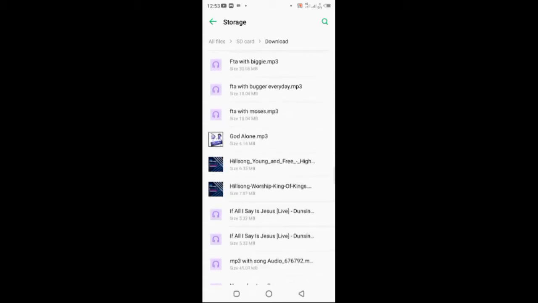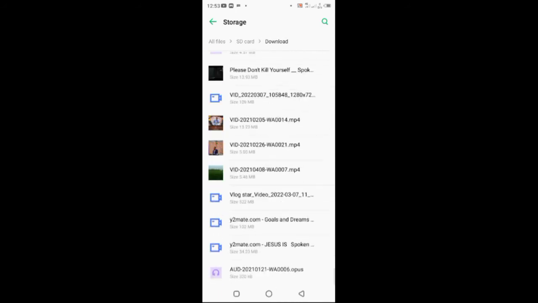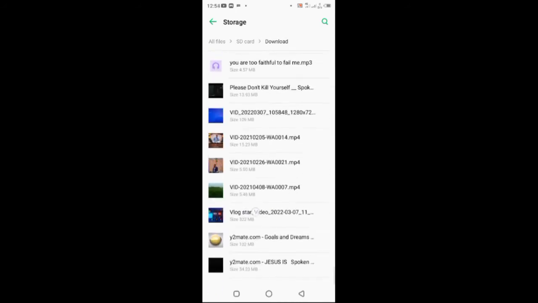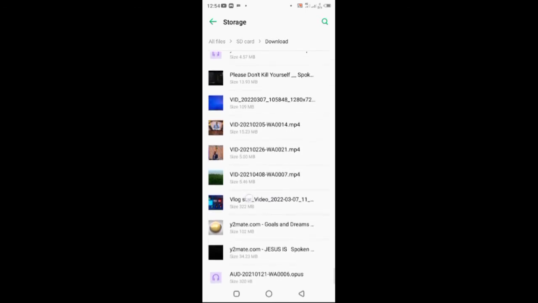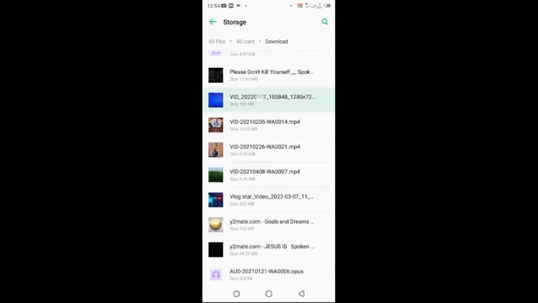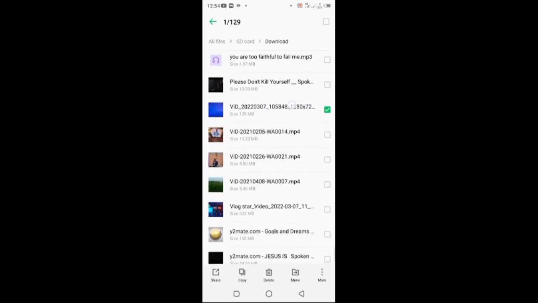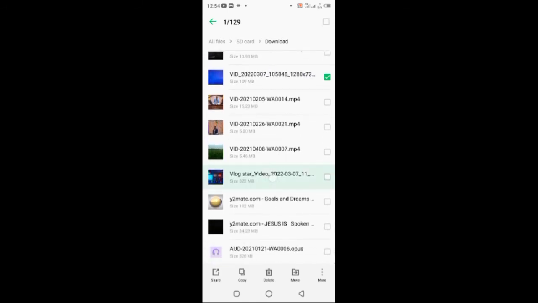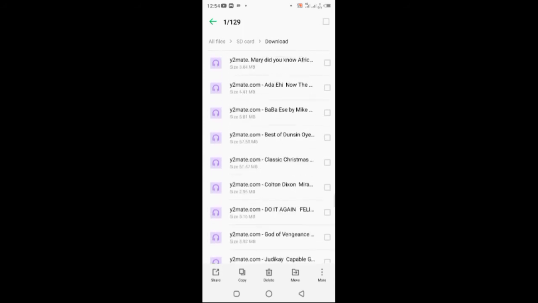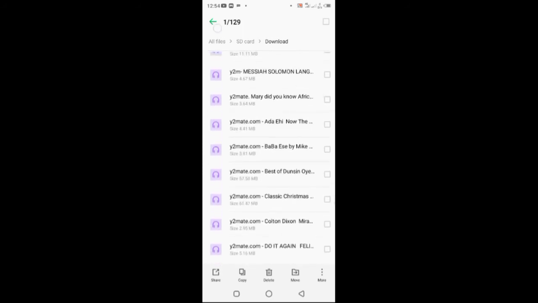All right, so our file has been moved here or has been pasted here. So as you can see the file here. You can see it here now. This is one of them. This is the other one here, and this is the other one here. All right, so we have actually moved these files here. Okay, now when you go back,